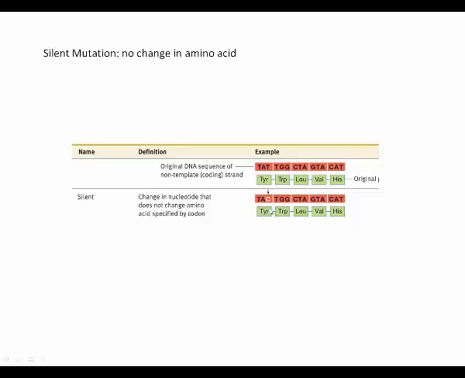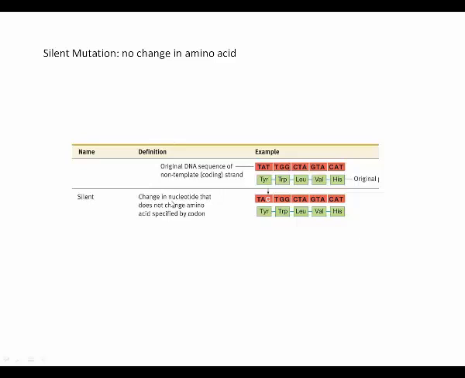So UAC encodes tyrosine just like UAU. This is called a silent mutation. The change in the nucleotide does not change the encoded amino acid. And that's especially true if the change occurs in the third nucleotide of the codon, because the redundancy of the code allows for an amino acid to be encoded by multiple codons, and those codons differ by the very last